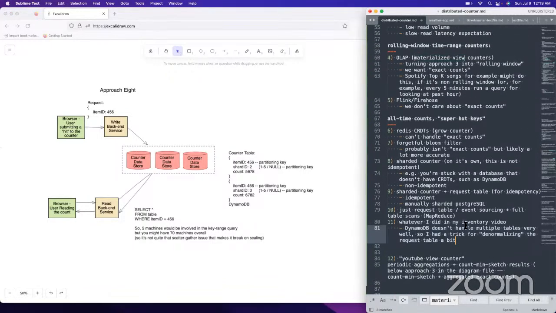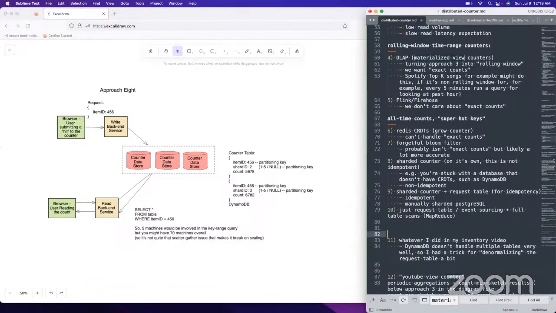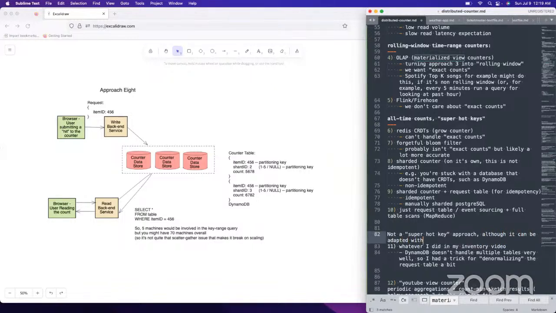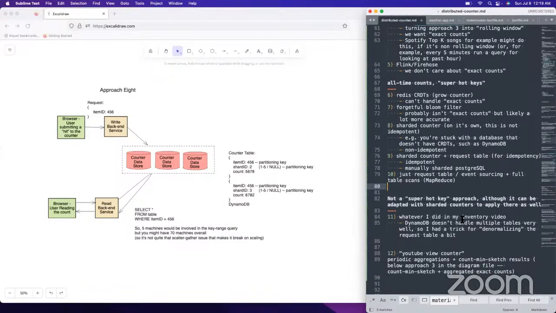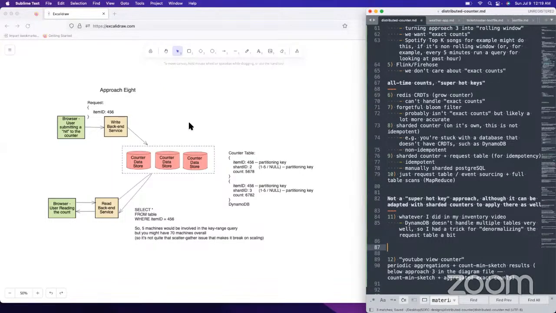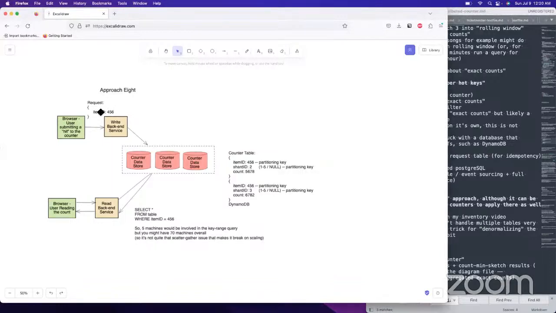This might not actually be a super hot key approach, although there's a way to make it work like that. So you've got the item ID. You do still have a request ID in this case.